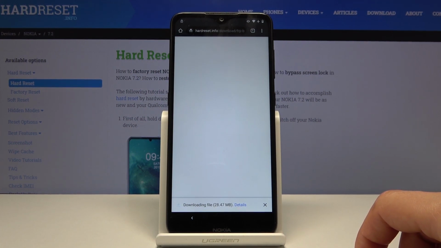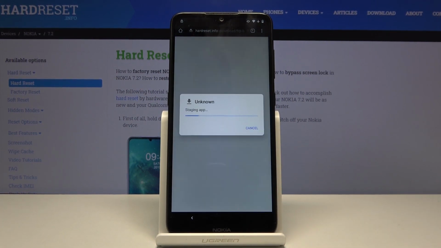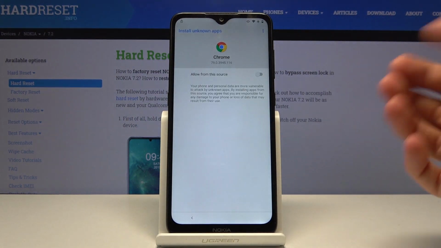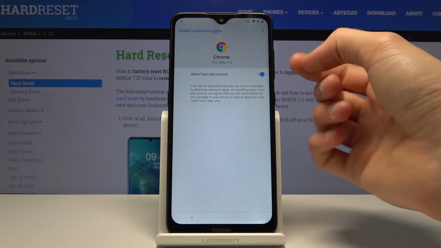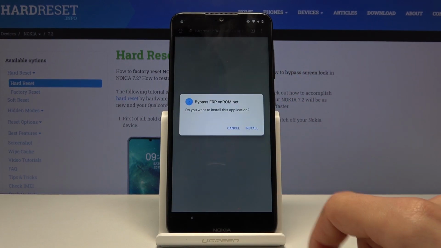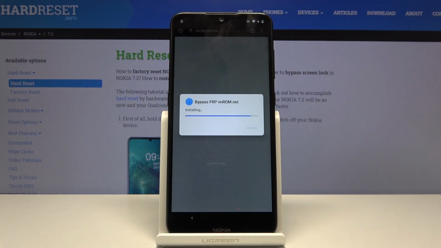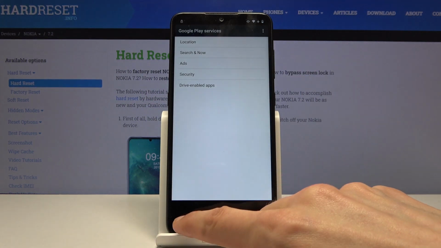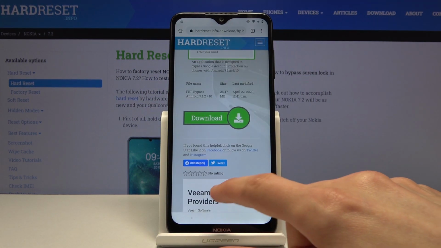Give it a moment. Once it's finished, we will have, instead of the detail option, it's going to be open. There we go. So let's open that up, and before we can install it we need to grant access to it, so Chrome is able to do so. So settings and enable this, go back and install. Tap on open, it will crash, cool, close up, and then we're going back to the search bar,